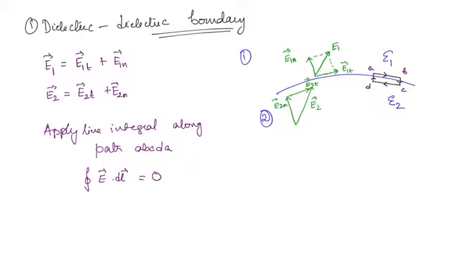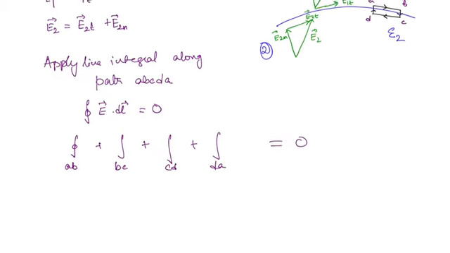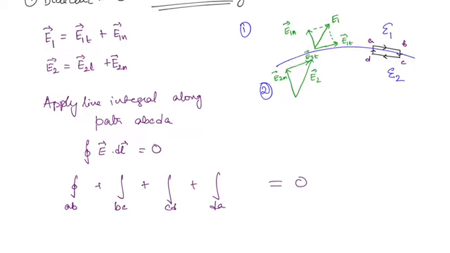Line integral of electric field over a closed line is 0, okay. So this you can write as integral, or you can just write along path first AB plus along BC plus along CD plus DA, okay. This should be 0. Now if you see each of these cases, along AB, if you see the diagram,